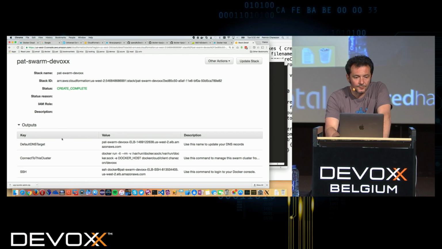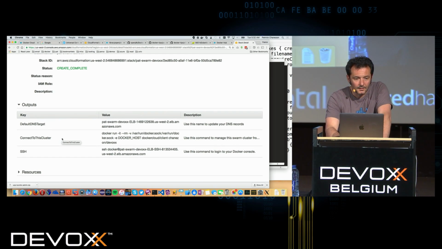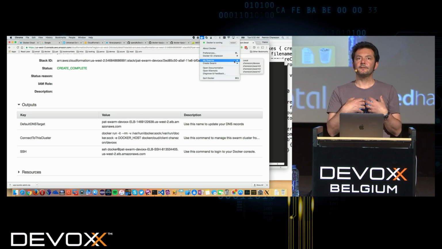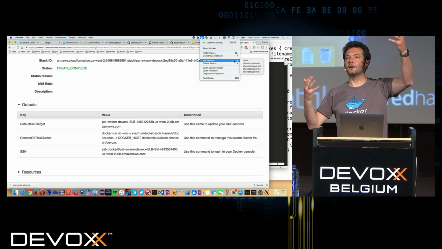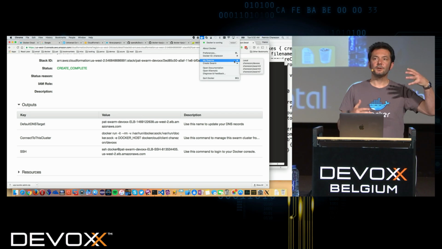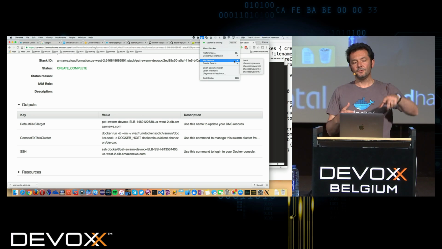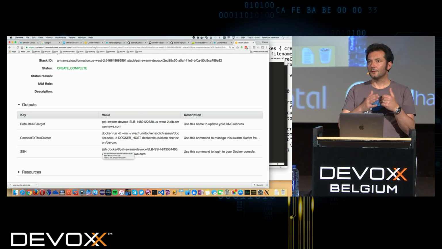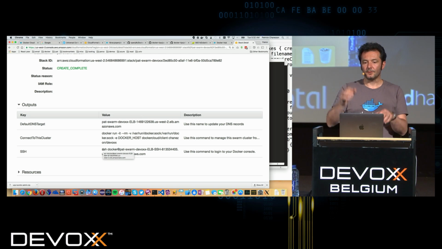So here I have provision 1 before. So it gives me all the instructions to connect to a cluster. Oops. But here, that's the new menu. Now that I have connected my Docker for AWS instance with Docker Cloud, when it has finished provisioning it, normally to use that swarm cluster, I would run a tunnel. So I could SSH to it, I could create an SSH tunnel to it and then use my client to talk to it.